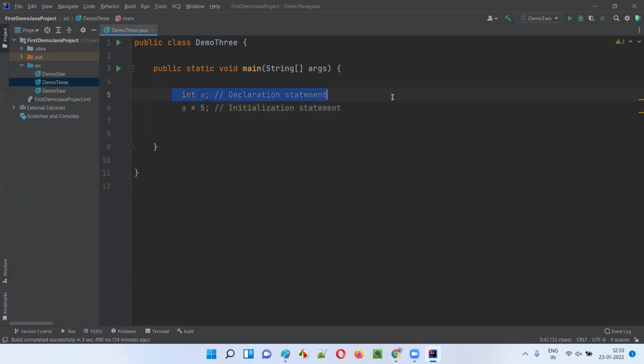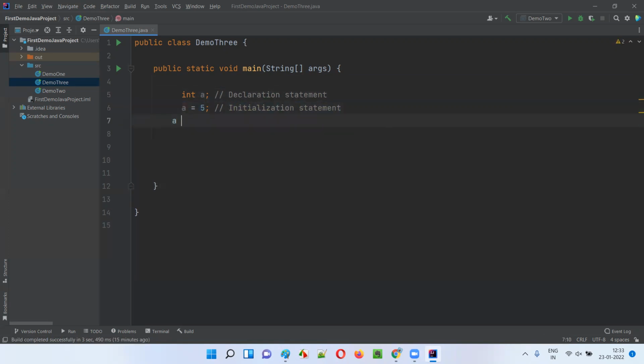Here we are declaring the variable. Here we are initializing the variable with the data. We are assigning some data to the variable which is already declared here. So these two lines we can write in a single line. This part is declaration because we are declaring the variable with one data type. Here we are assigning some data for the first time to the variable, that is called as